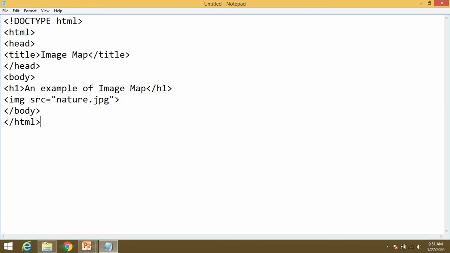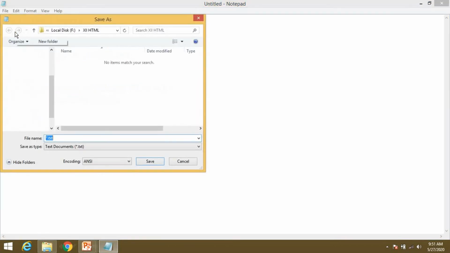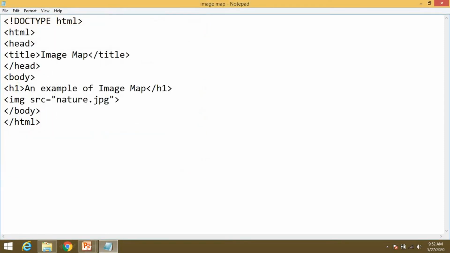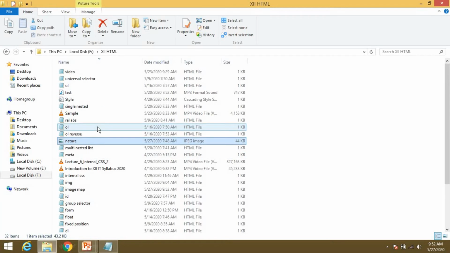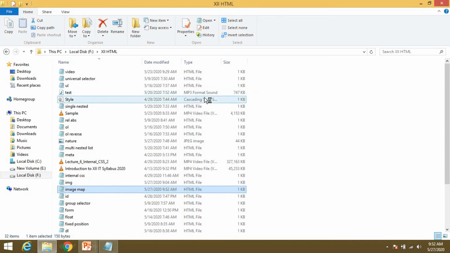Now save this as image map.html. Now just open this image map.html file. See, this one is there in Google Chrome, and just see whether your image is there or not.